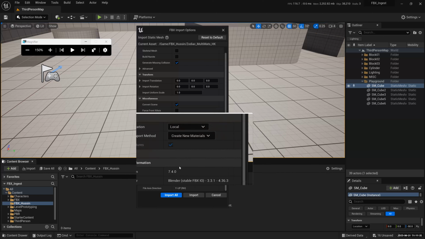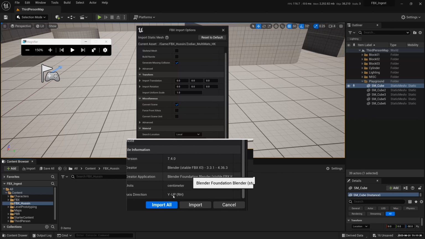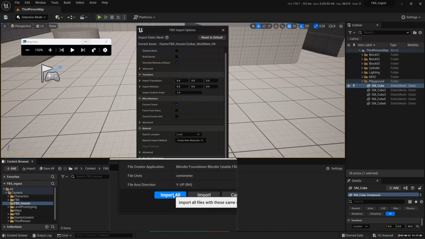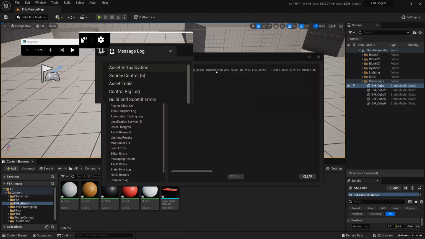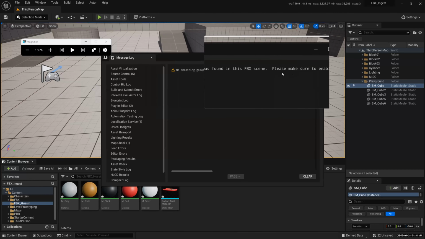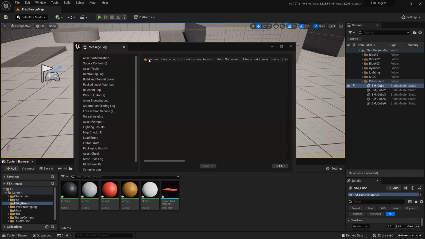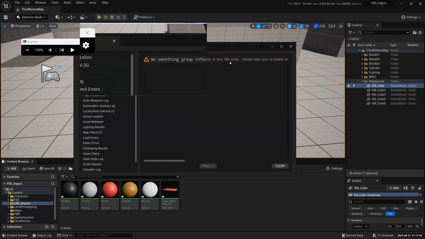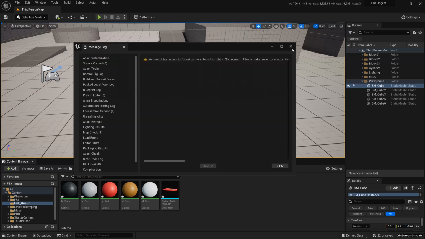And then what else do we need to do? File version, Blender, it recognizes the Blender format. So all I do is click on Import All. Now you will get this dialog box telling you some information. You're going to get this often, so don't worry too much about it. If you see a caution kind of icon, don't worry about it. If it's a red icon, then you worry. Right now it's just a caution, telling me no smoothing group and so on. Don't worry about this. If it's red, you worry, then you find out what's going on, because it will not import anyway. So I'm just going to close this for now.